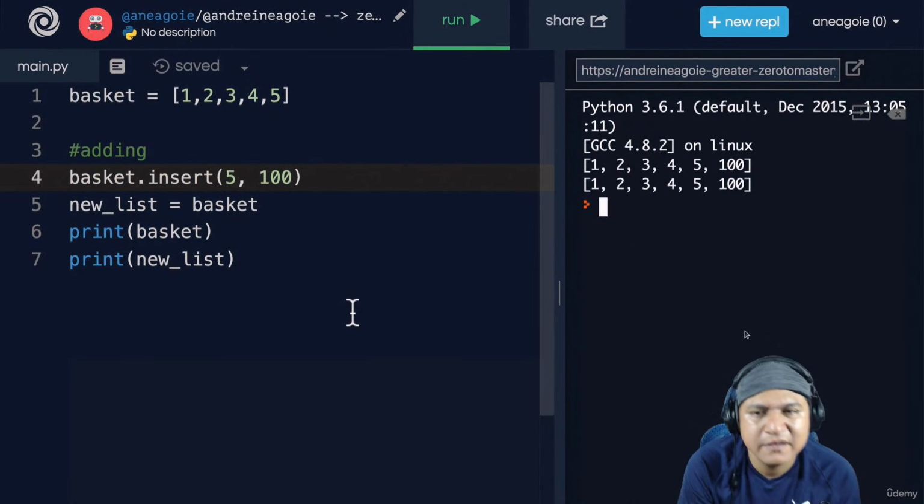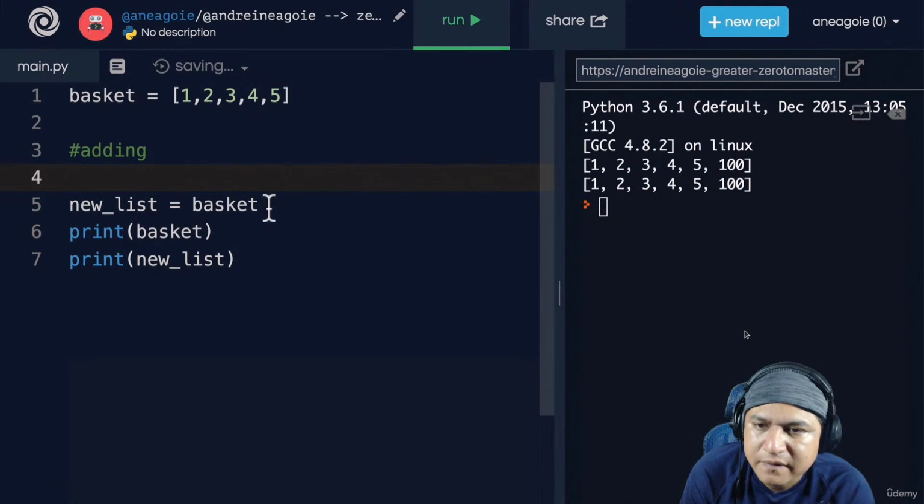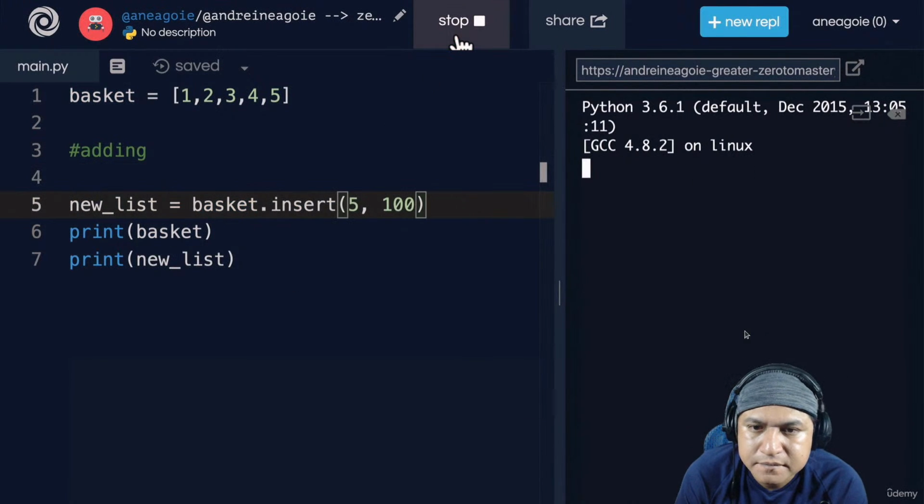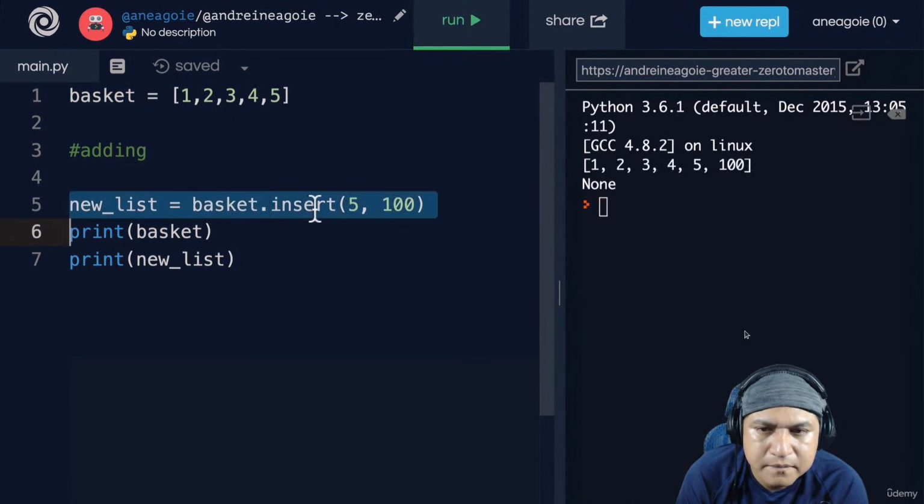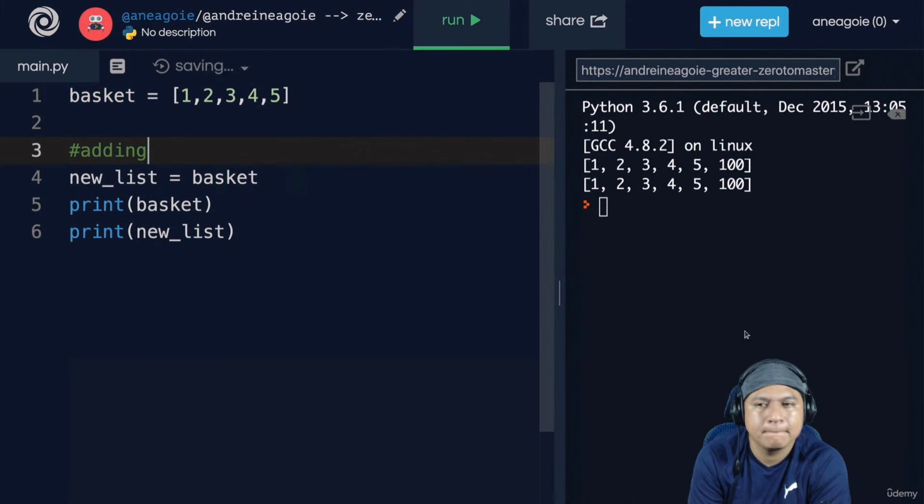Added 100 at the end of the list. Now, let's try and copy this and see if we can just add it into here. If I click run, again, same thing. Insert modifies the list in place. It doesn't create a new copy of the list. Right? And if we add this,